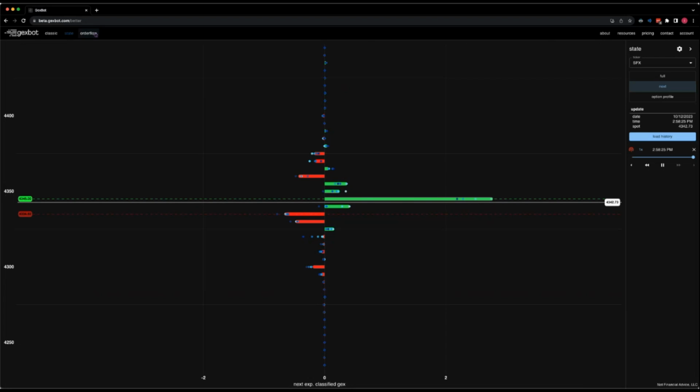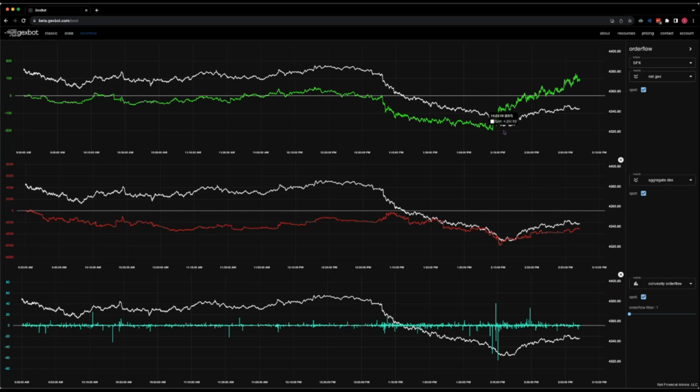So if we move over into the order flow tab and look at net GEX, you can see it's been climbing and climbing. What that tells us is that there's more upside convexity than there is downside convexity in the option market at this time. So what we're doing is taking call gamma exposure and subtracting put gamma exposure,